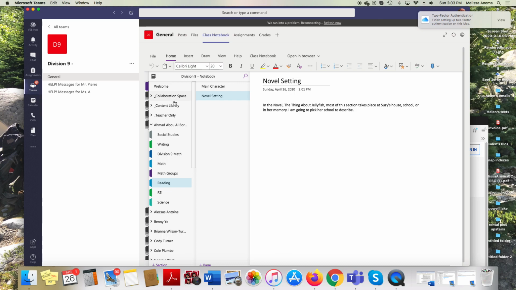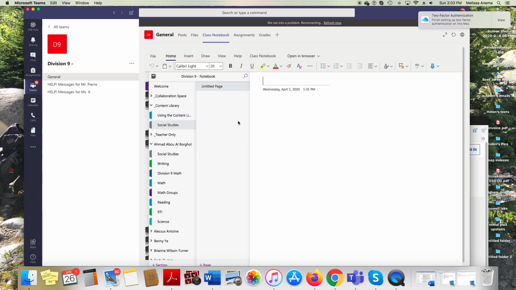You'll see the collaboration space. The content library is where I might go to leave you information. When we used to use this last year at school, for those of you who remember, I would actually put the assignments in here. So for example, I've got a social studies file right here, and I could leave you information for the assignment. Right now I'm doing that in Teams, so we don't need this super badly, but we do need the notebook for you to be able to hand things in. So hopefully this makes sense, and send